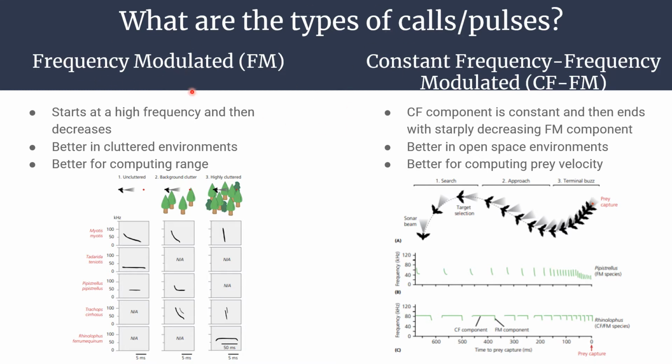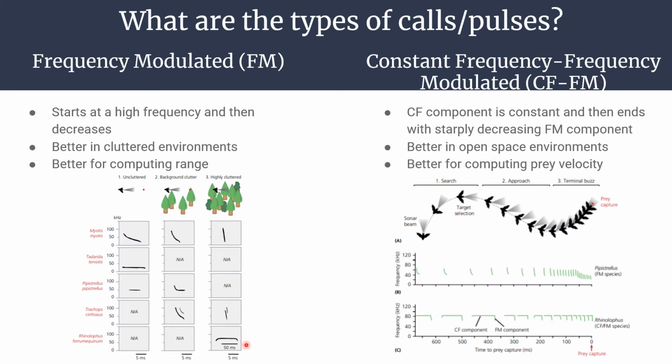The first one is frequency modulated or FM pulses. These are the ones that start at a high frequency and then decrease suddenly, and they're best in cluttered environments because they're better at computing range. So when you're in a highly cluttered environment, you want a rapidly updating image of what your environment looks like. So that's why when bats are in a highly cluttered environment, they're more likely to use an FM pulse to